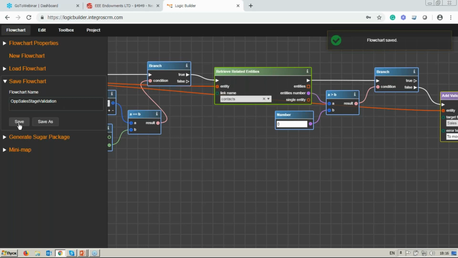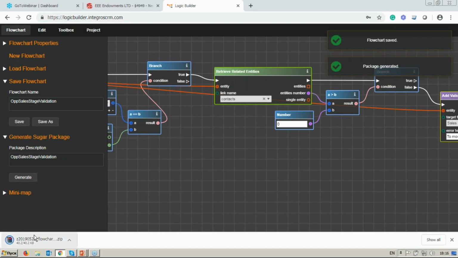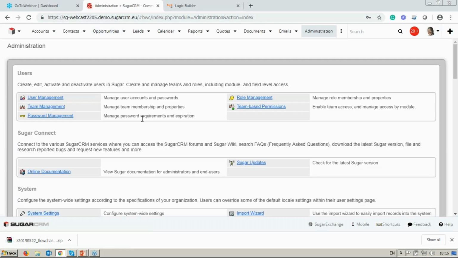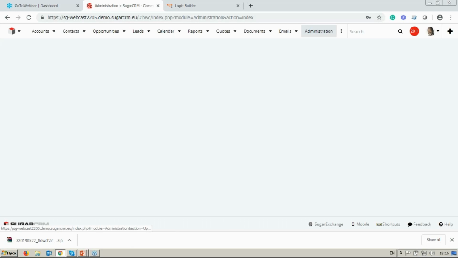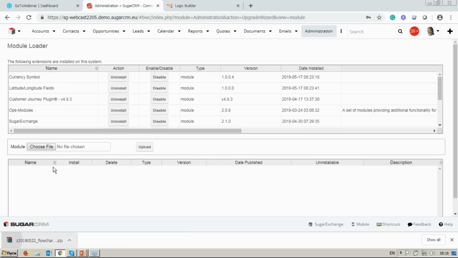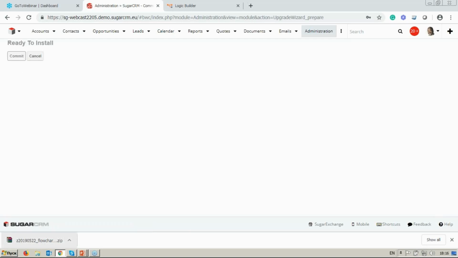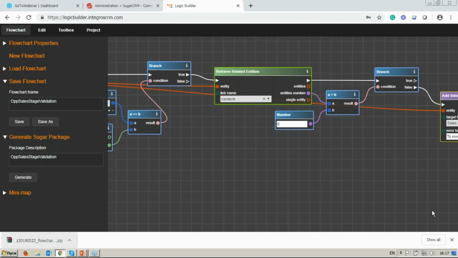Then, in order to deploy this logic into Sugar, I go to generate Sugar package and just click on generate. And now a zip package is downloaded to my computer, and I return to Sugar, go to admin section, go to module loader, and upload this package like any other Sugar package with customization. Install and commit. So now it's deploying, and while it's deploying, let me return to Logic Builder